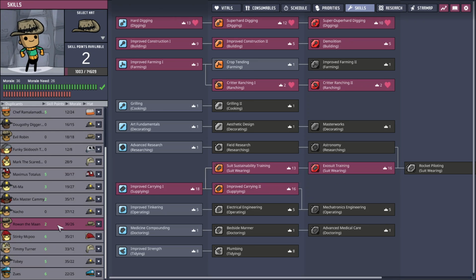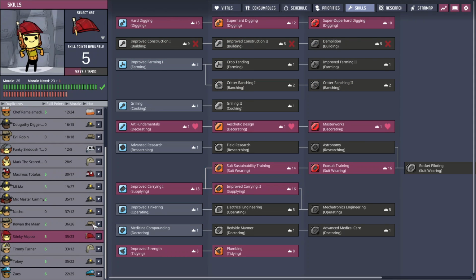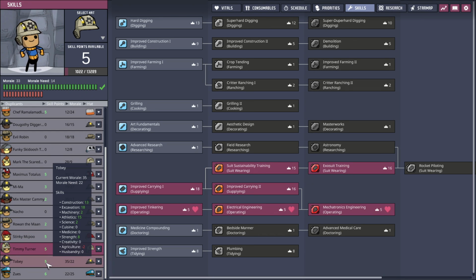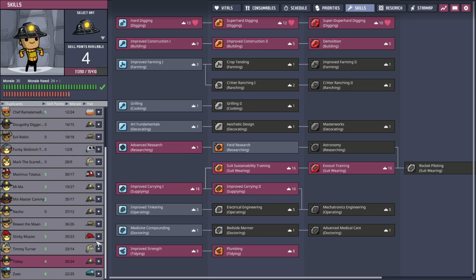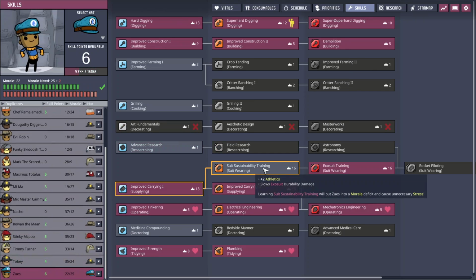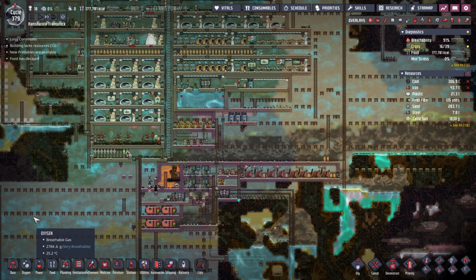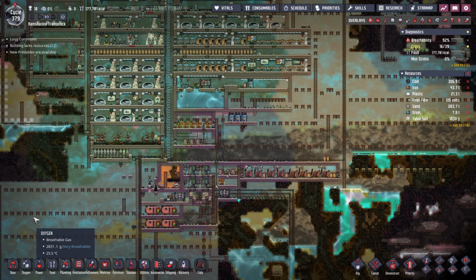And Rowan the Man, you can have that as well. Everyone gets that. And everyone gets that. We do only have 17 dupes, or do we have 18? We have 18, so one of them doesn't have it right now. I don't know which one, but...